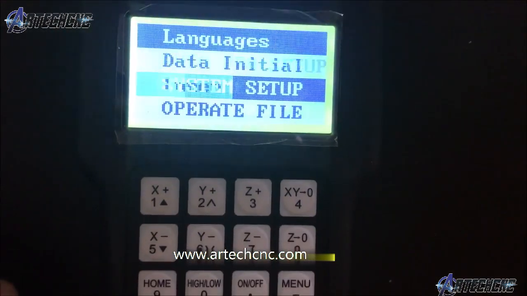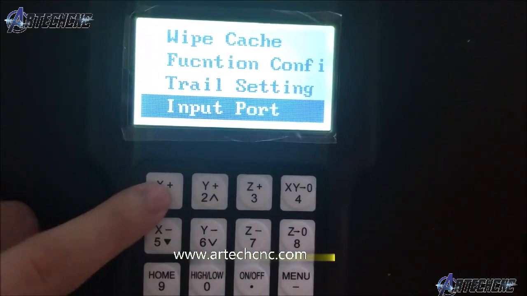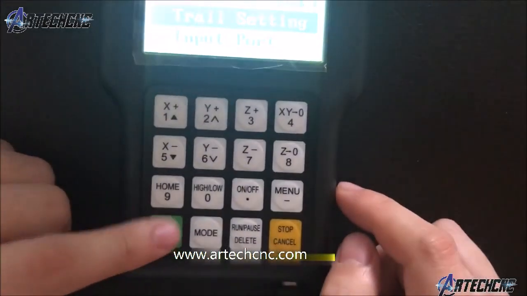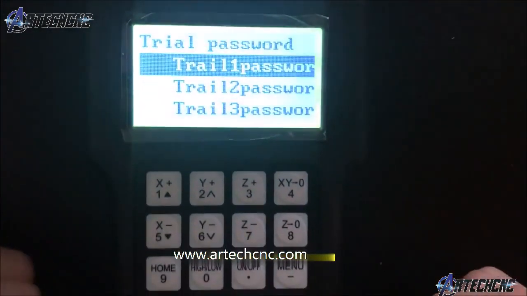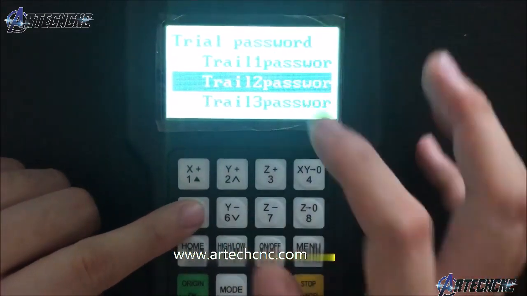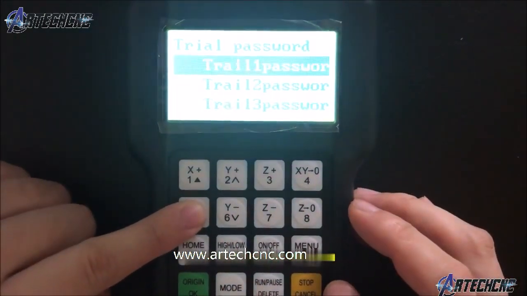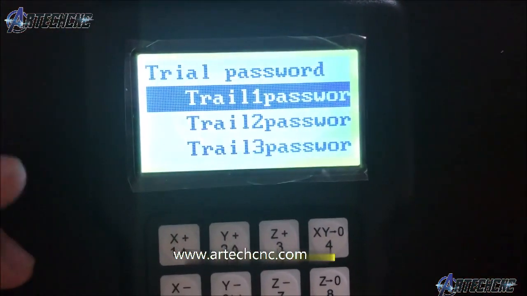Come to system setup. Trial setting. Okay. Trial password 1234. Therefore 1 2 3 4 means we can set 5 different time. Like